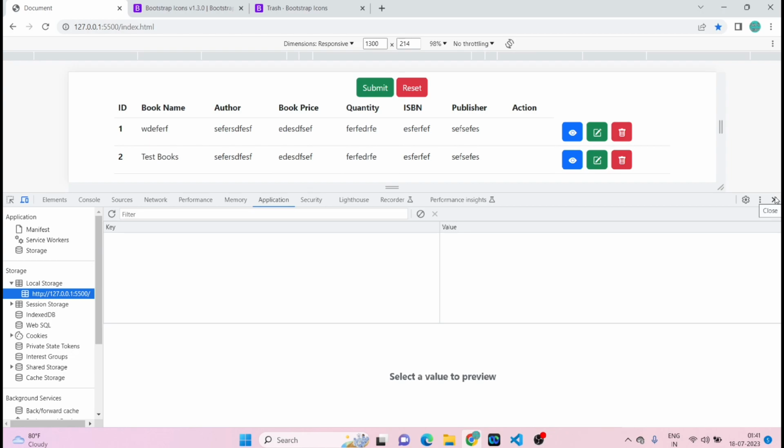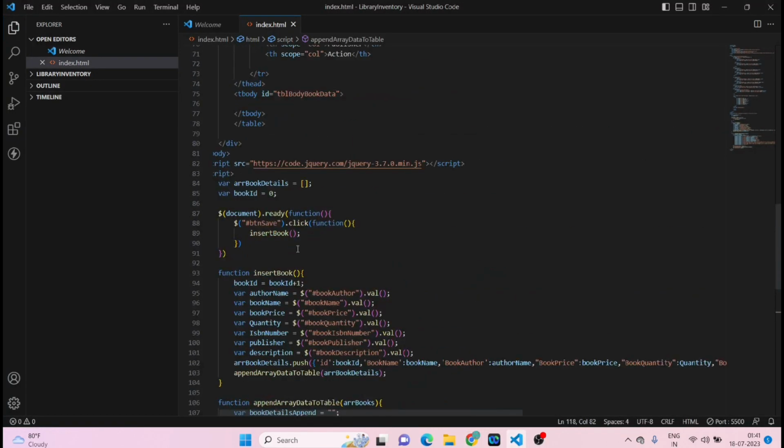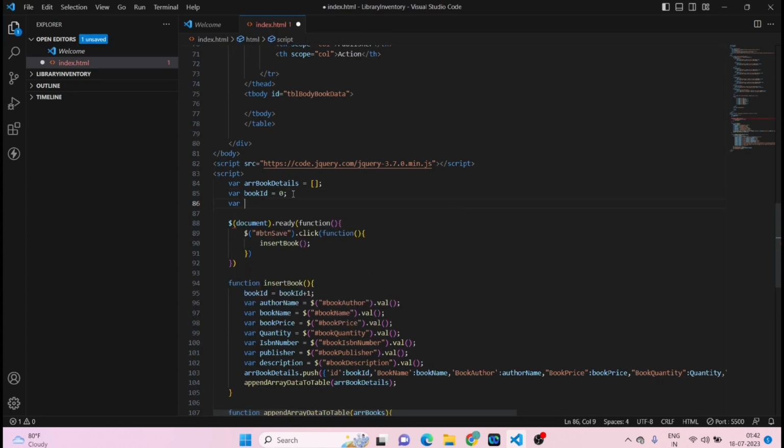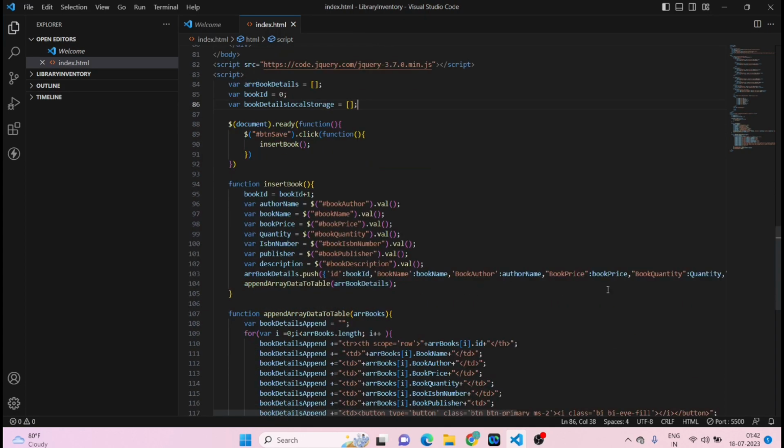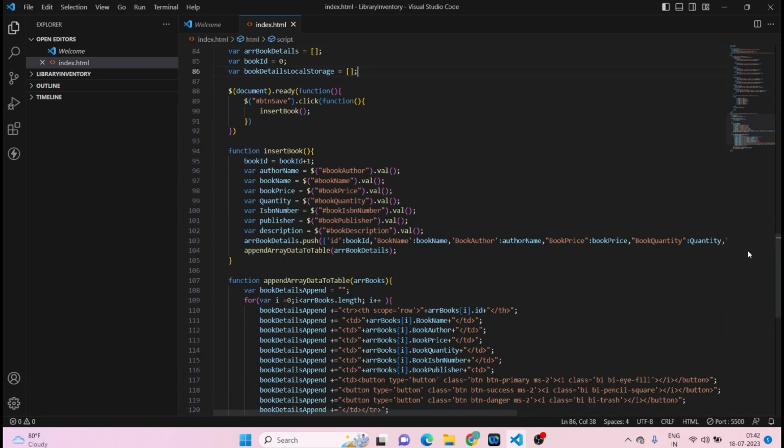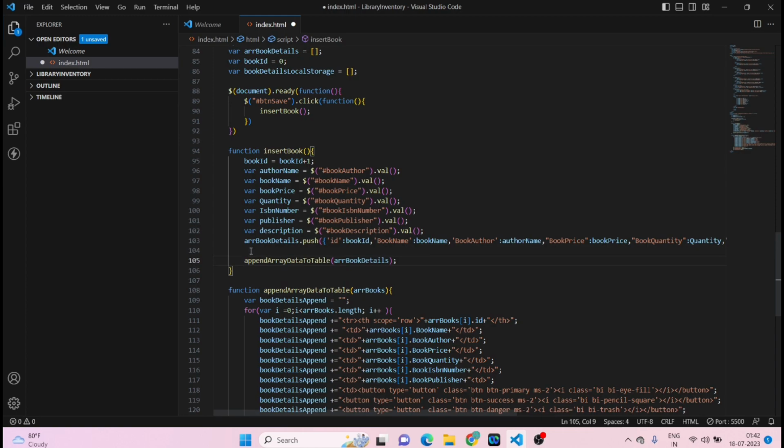Okay, so what I'll do is I'll close this, I'll go again to the code, and now what we have to do is add one more array, which will be book details local storage. This will also be, yeah. And here, whenever the data gets added and it is pushed into the array, after this what we have to do is local storage dot